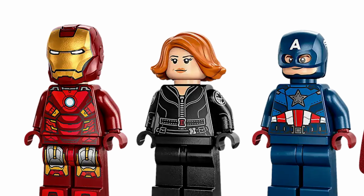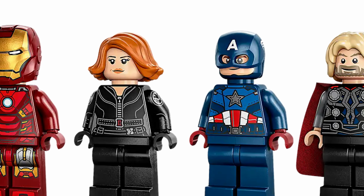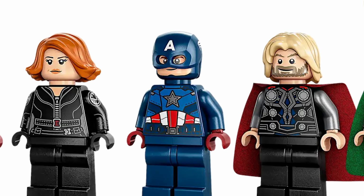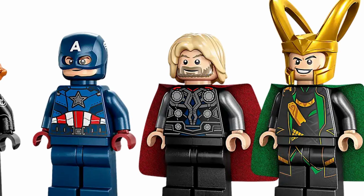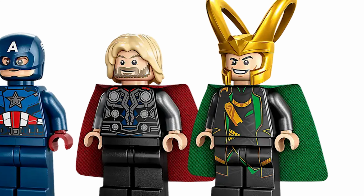LEGO knows that this set is selling really well. I mean, right on LEGO.com, it has 4.9 out of 5 stars as reviews. So if that doesn't tell you that this is a good set, then I don't know what will. Everyone pretty much agrees that this set is really good. So I wish it was on shelves for a little bit longer just because of how much everyone seems to